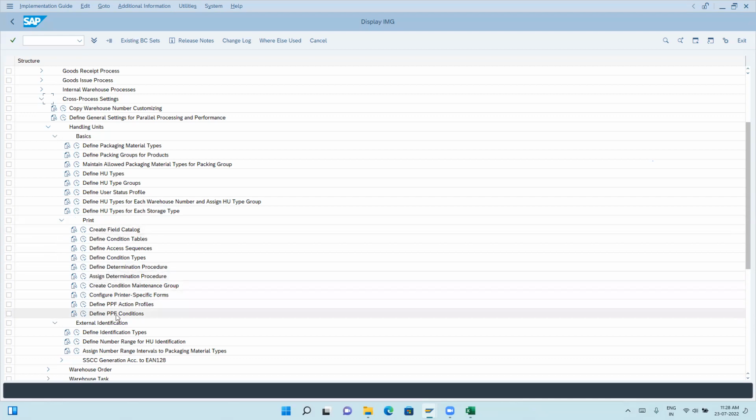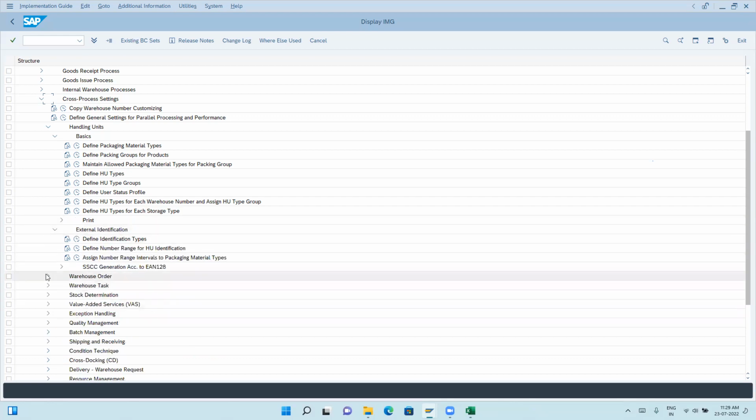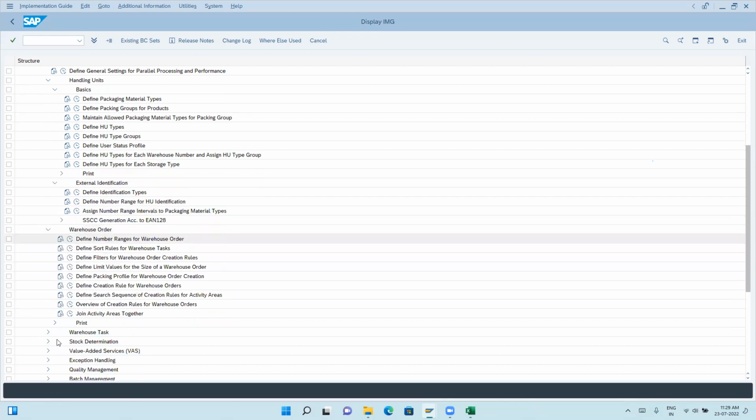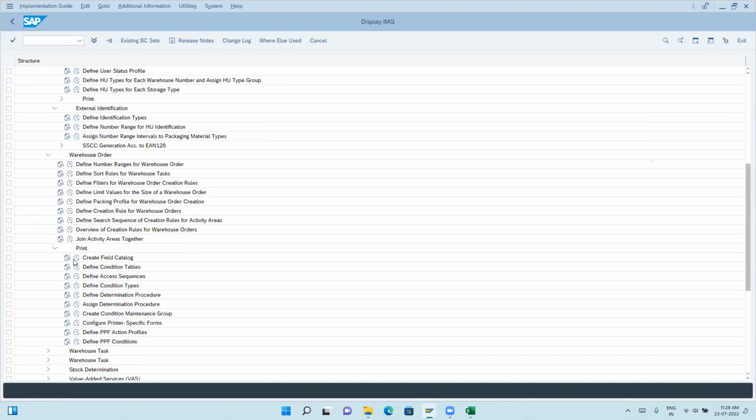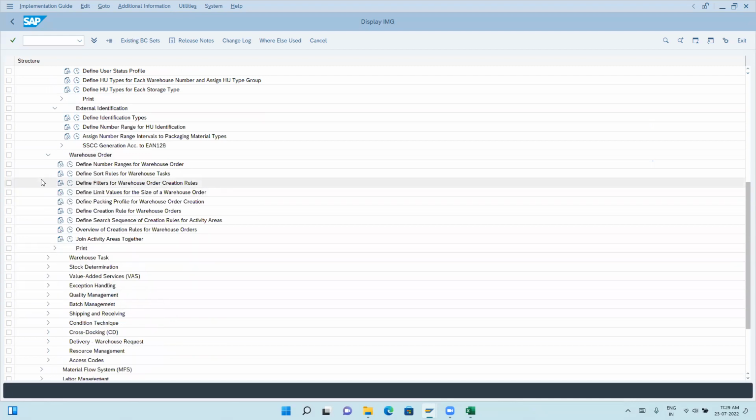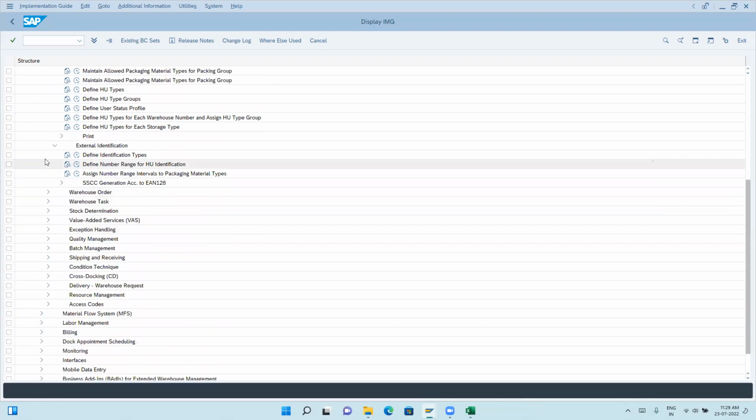And now these three: configure printers, define PPF, I will talk about later. Okay, so this is available. Same way you can come to the warehouse order, and wherever the print comes, you are going to get this set of nodes. You can see create field catalog, condition table, and this set of nodes will come into picture. Okay, so same way